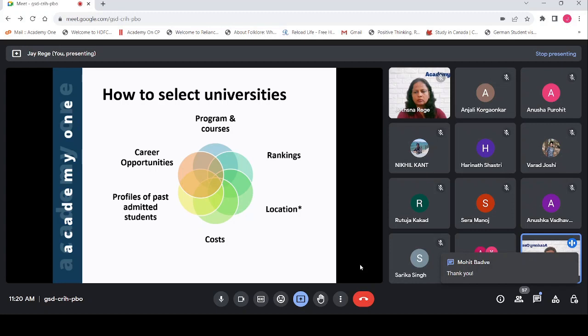Now, if you look at career opportunities at the university, or if you look at past profiles, this is data which is generally not very easy to get. There is no good source of data, or no one place where you can find data on these points. A good way would be to talk to your seniors who have already been studying at these universities,